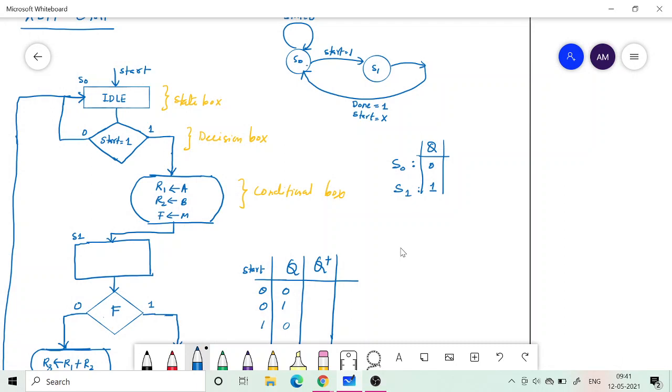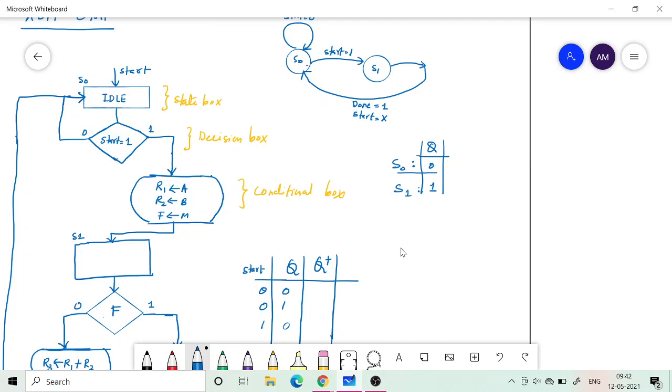So when state is 0, that is S0, q equal to 0 means it is S0, and when start is equal to 0, what are we doing?